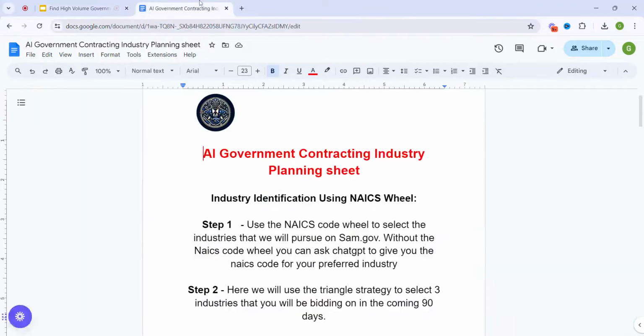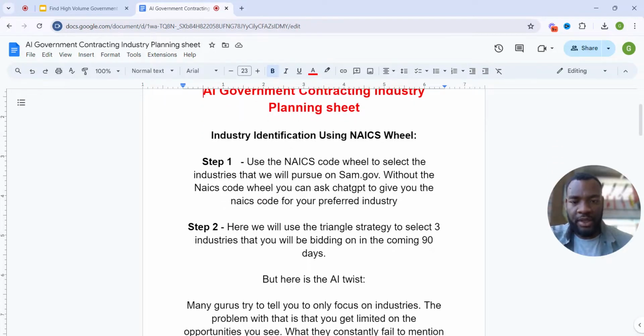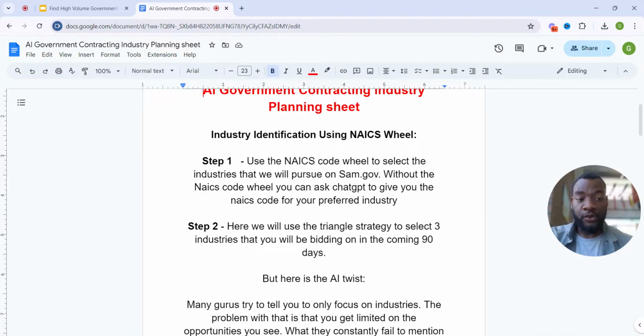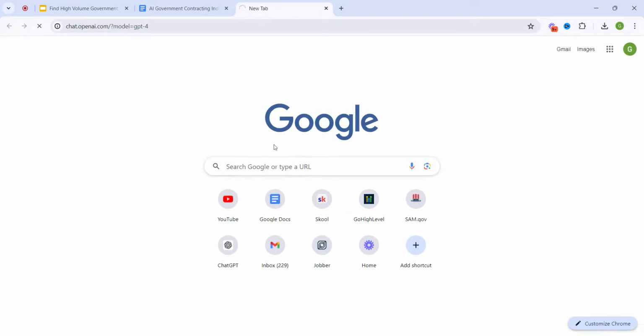So, guys, what we have in this Google Doc here is the planning sheet. So you want to use the NAICS code wheel to search for your industry, the industries you want to pursue on SAM. Now, I'm not going to use the NAICS code wheel in this video. I'm just going to pick a random industry where I can get the NAICS code. So, for example,